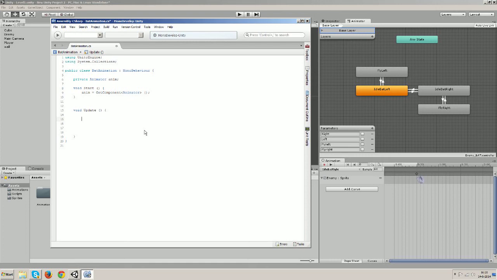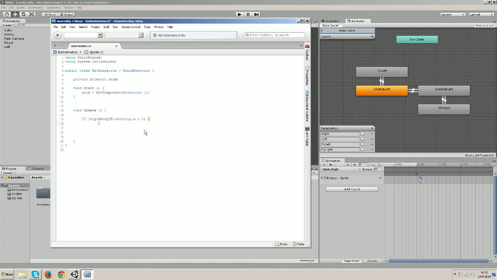In other words, when the velocity of our character, rigidbody2D.velocity.x is bigger than 0, so if he goes to the right,